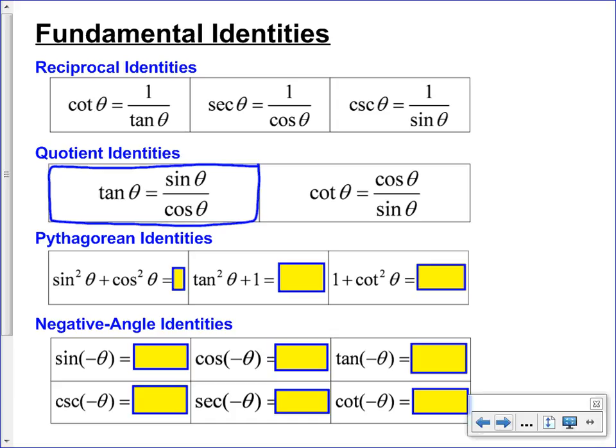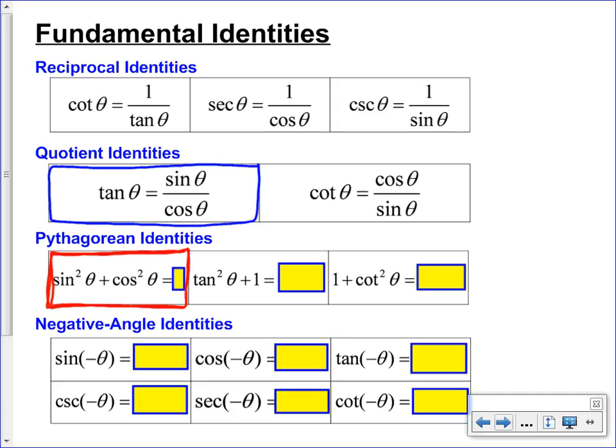Okay. Second and the most important formula, I would say, this is like the big one. I will put it in red because the buck stops here. All together, sine squared plus cosine squared equals